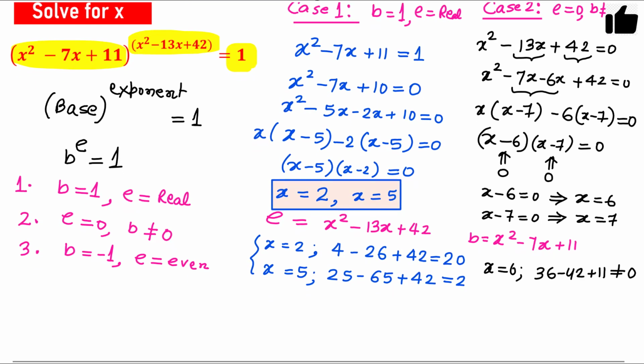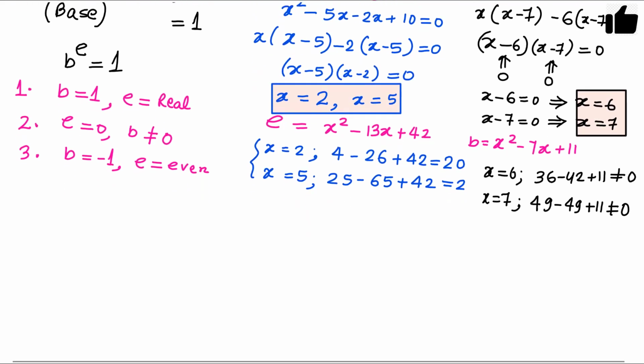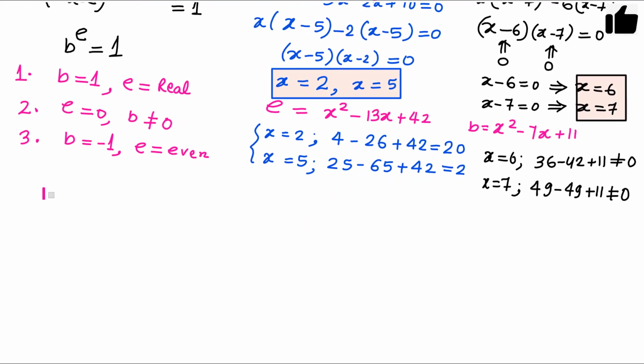Now the second thing, that is x equals 7. So let us check for this condition also, and 7 into 7 is 49 minus 49, and then you have plus 11, and this is also not equal to 0. So in this case you can say x equals 6 and x equals 7 are the solutions for this equation. Now finally we have to consider the third case, and in this case